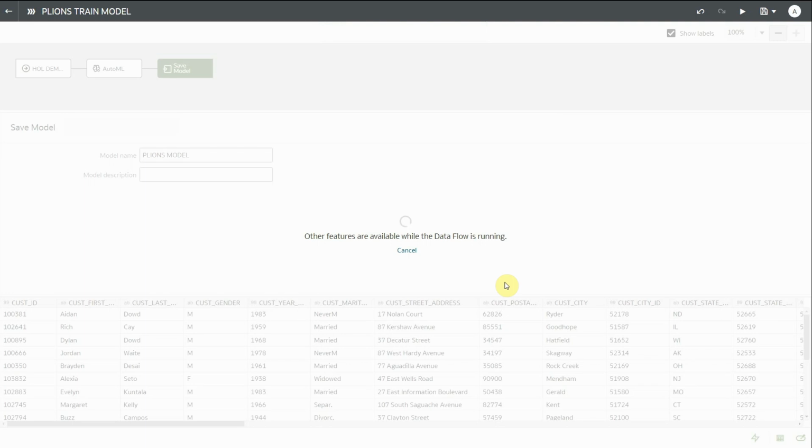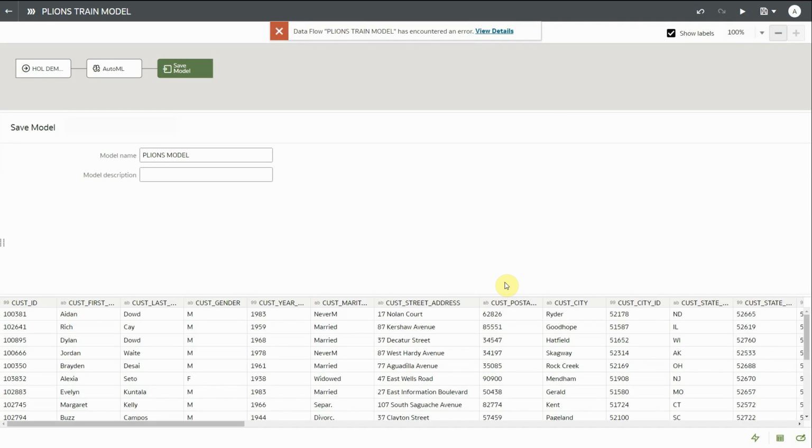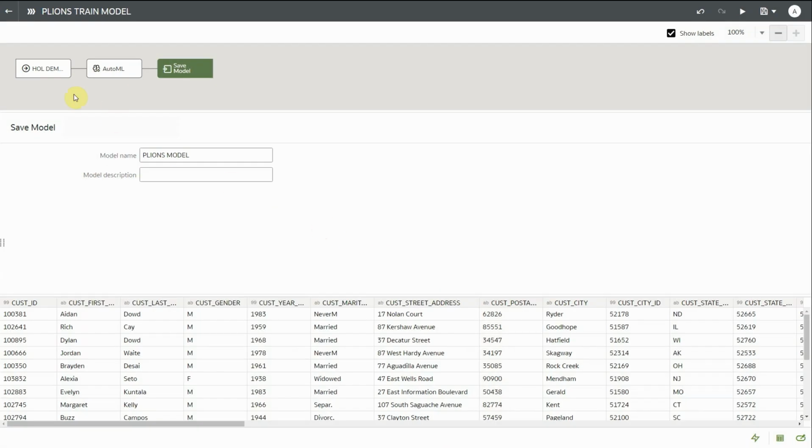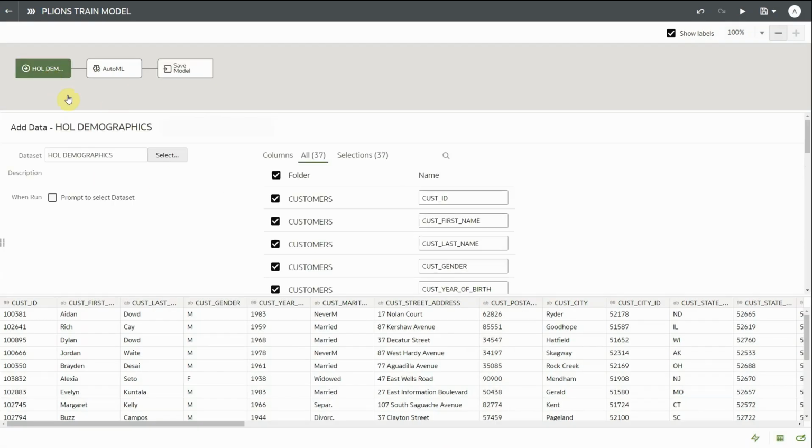But unfortunately, in our case, this first trial is failing. So let's look at the details here. And in the middle of the text with the error message, we will find that the database type date is not yet supported by OML AutoML. So the database doesn't accept dates as input. We'll see how to work around this in a few minutes, but for now, let's simply go back to the source data